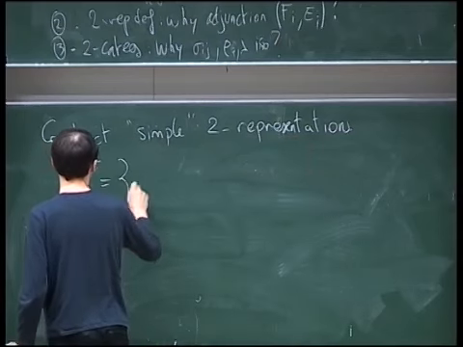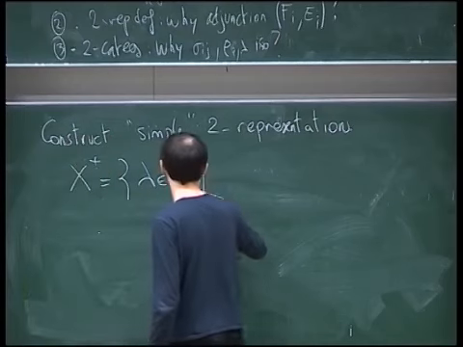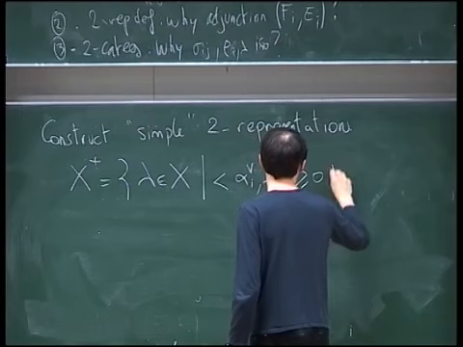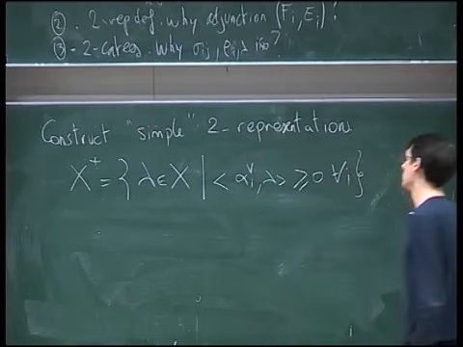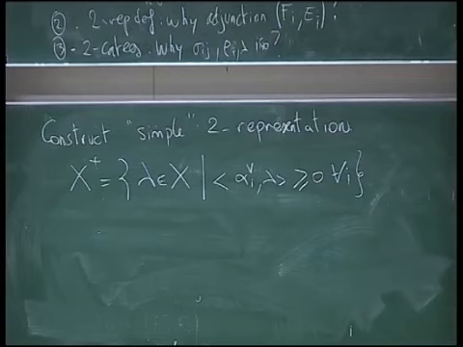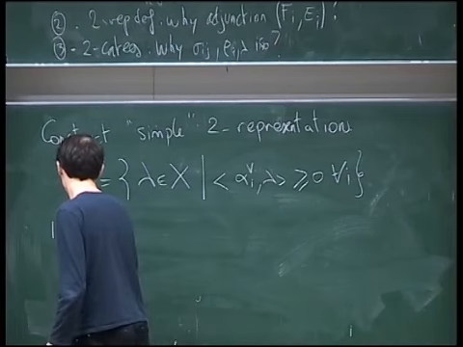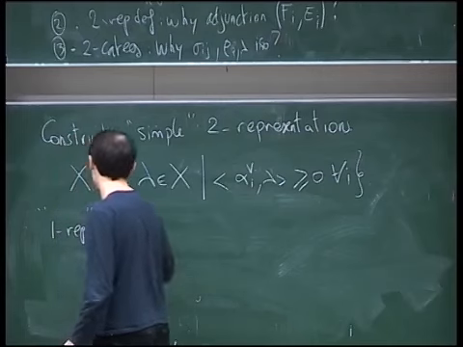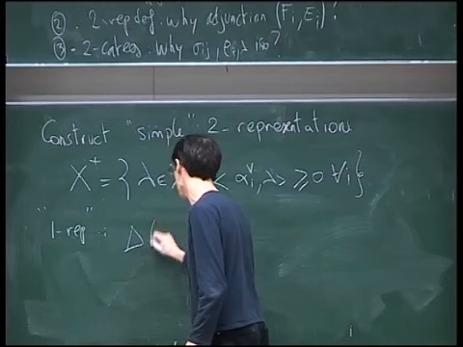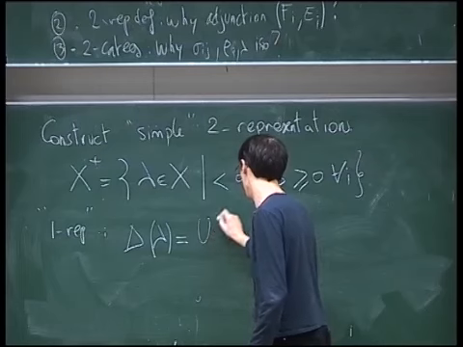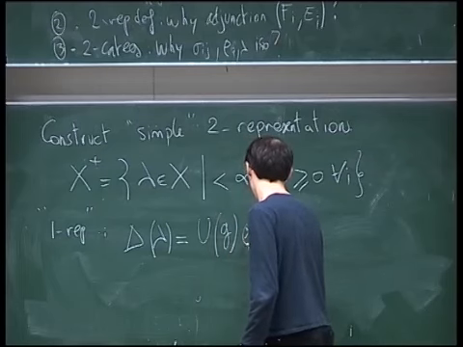As usual, we set x plus as a dominant weight. And in terms of the ordinary representations, say 1-representations, how do you proceed? You construct a Verma module first as an induced module. So you take the universal enveloping algebra